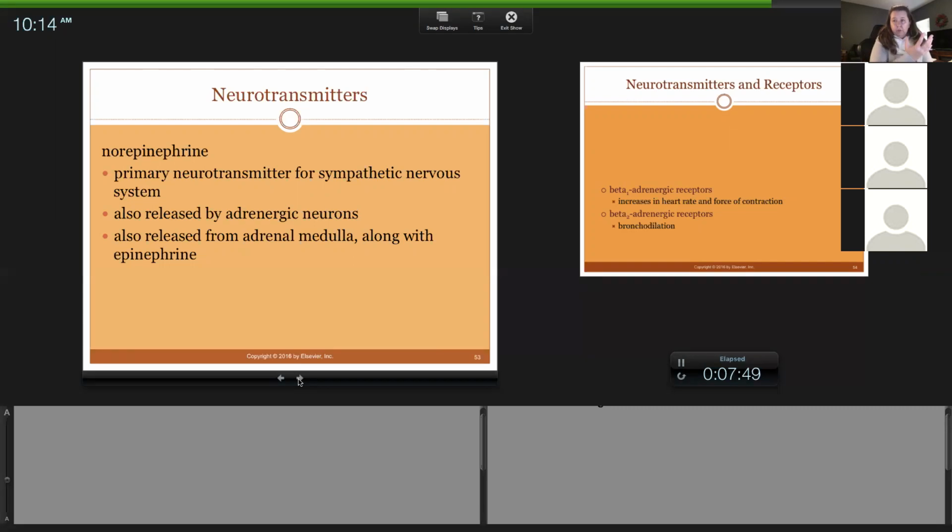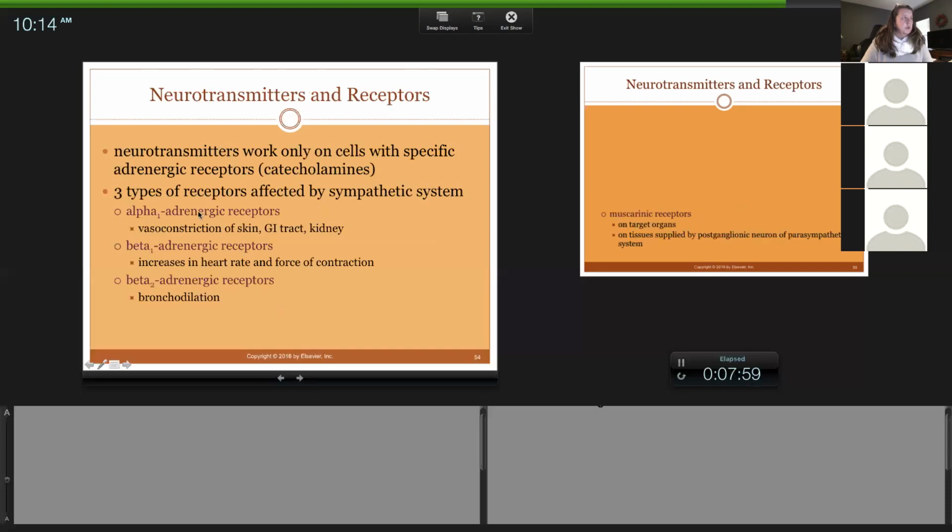So basically during stress, norepinephrine is going to be released. It's going to bind to these receptors on the blood vessels. Let me get to the next slide, because remember, a neurotransmitter can only work if an area in the body has a receptor for it. So if we look at,